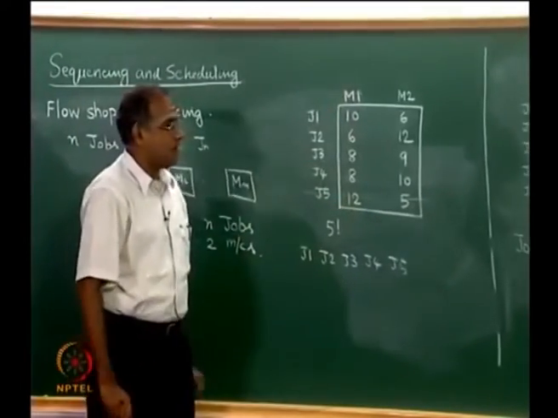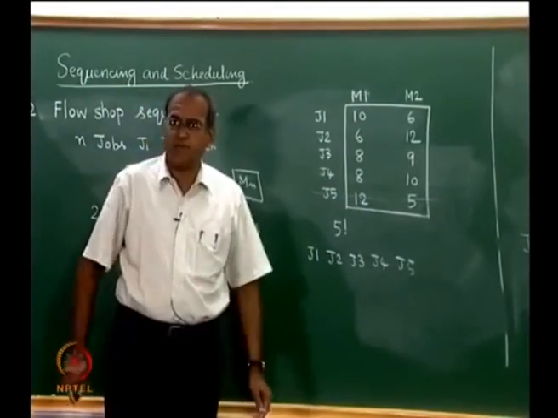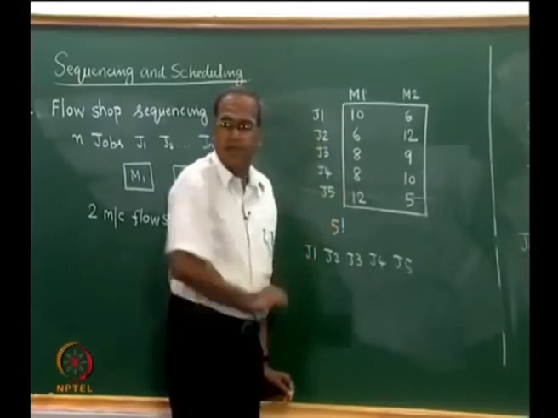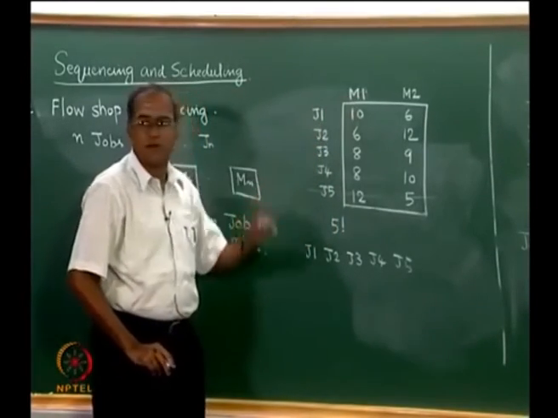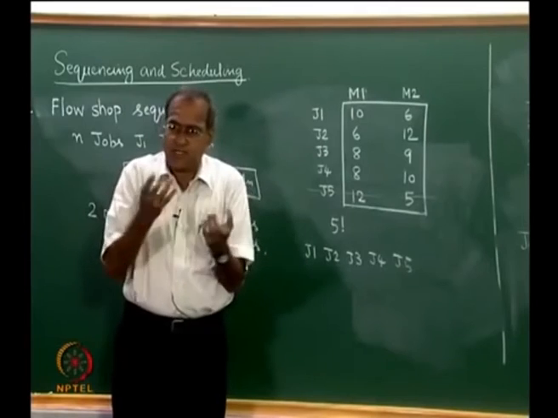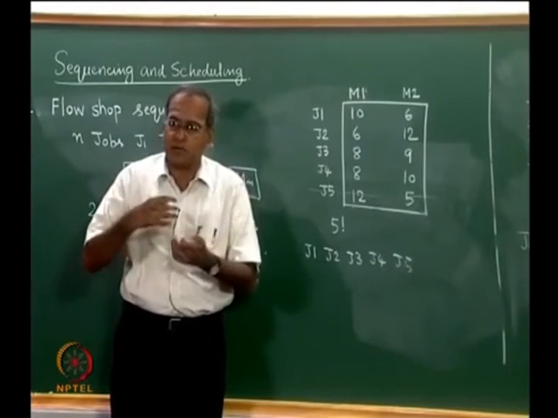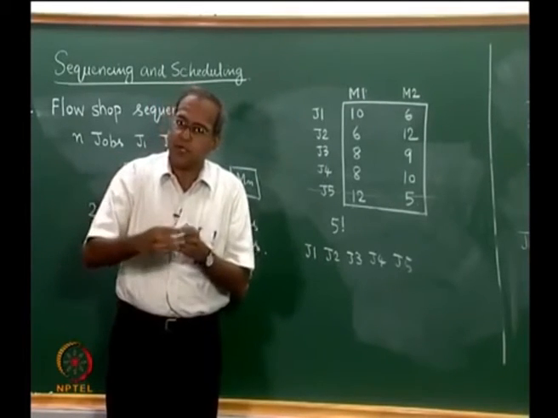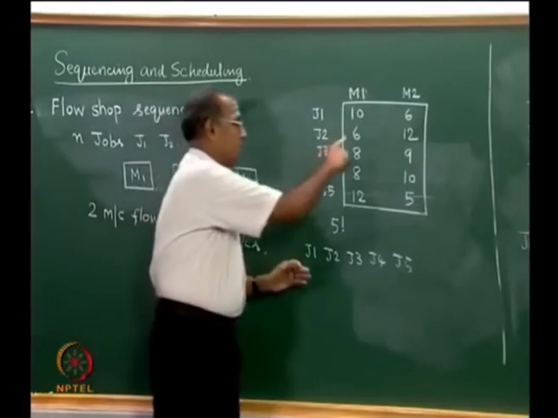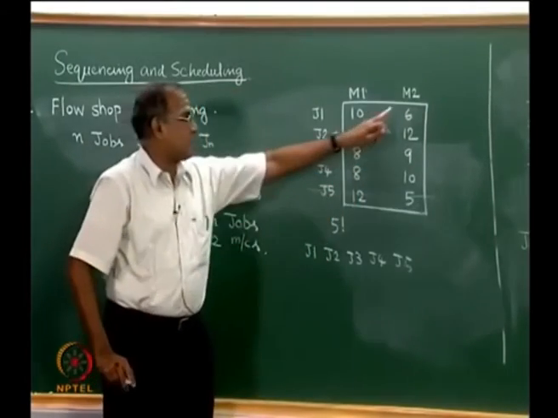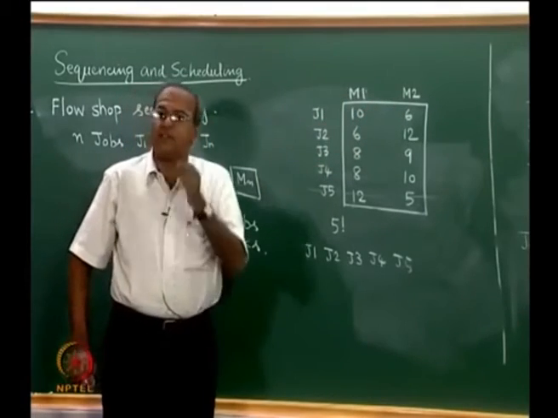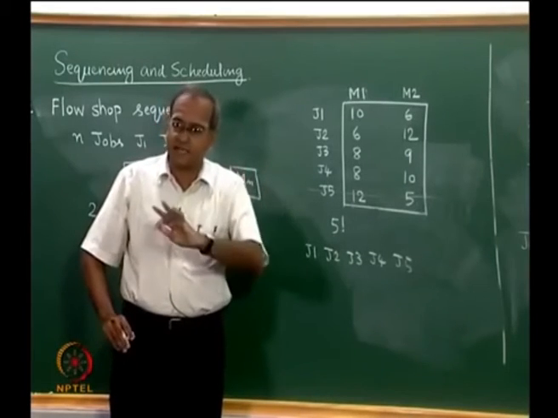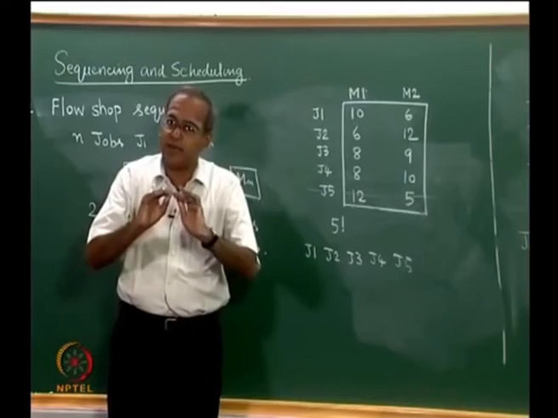Now, look at the rest of the table and try to find the smallest number. The next smallest number is 6, and it happens to be on M2 for J1 and also on M1 for J2. When we have a situation like this, where the smallest number appears on M2 as well as on M1, we may be tempted to believe that there is a tie, because 6 appears in 2 places, in one case on M2 and in the other on M1. But the fact that it is on M2 in one case and on M1 in the other indicates that it is actually not a tie, and we can break it arbitrarily.